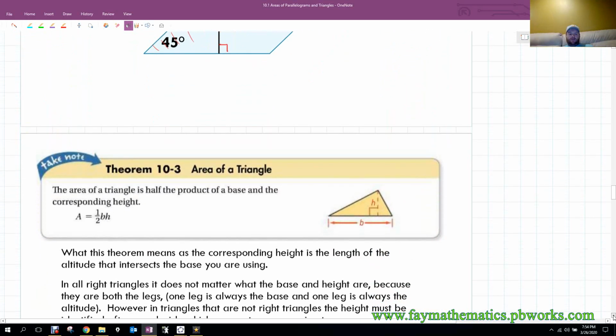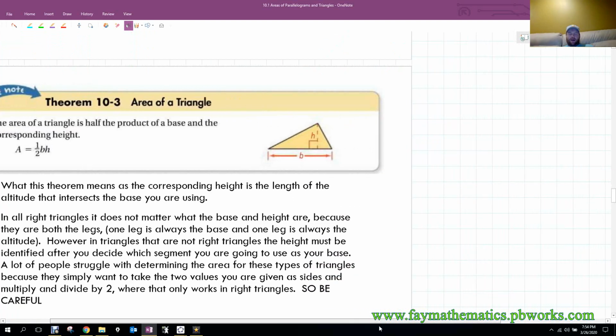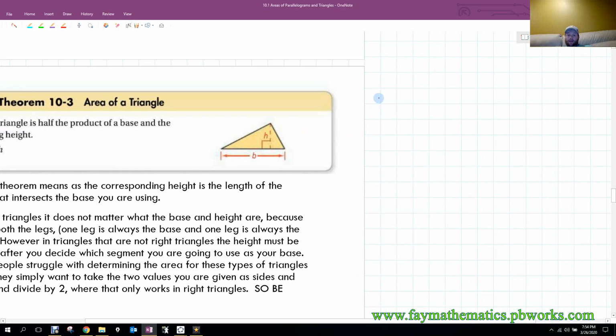The area of a triangle, so you guys are familiar with the area of a triangle, 1/2 b times h. Kind of talk about that real quick. Any triangle you ever draw, if this is b and that's h, or go this way, this is h, this is b. When I do that, I now have 2 triangles. And these triangles are congruent, because